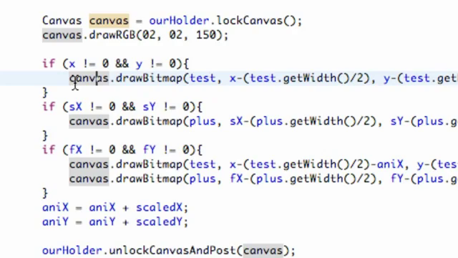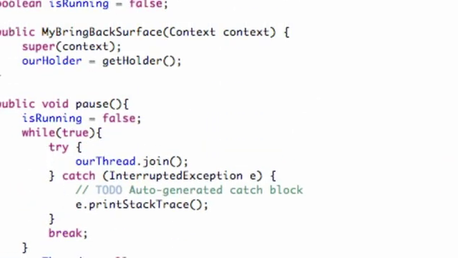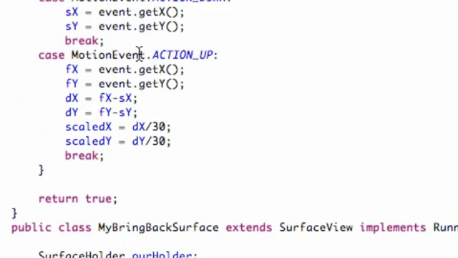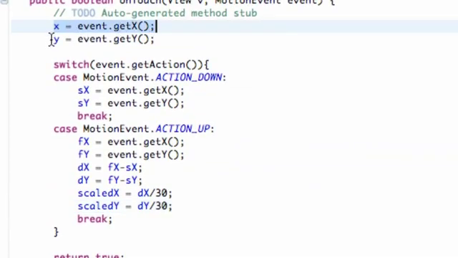So an easy way to fix this is, as you can see, your if-else statement's only going to draw if x and y is not equal to 0. So what we can do is scroll up to our motion events, and within our motion up, we can just change that value to 0, because the only time our x and y is going to equal something right here is when we have a touch event on our surface. So once we release, we can set those values back to 0, and nothing's touching the surface, and everything is going to be